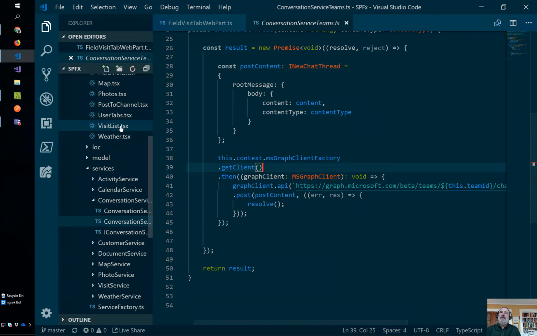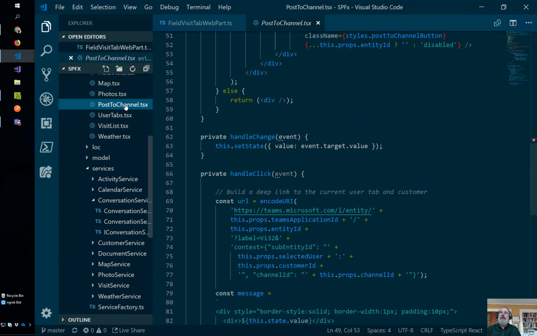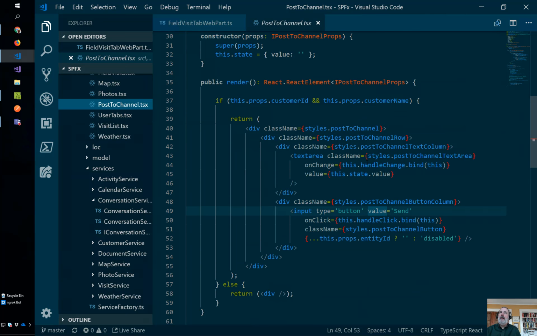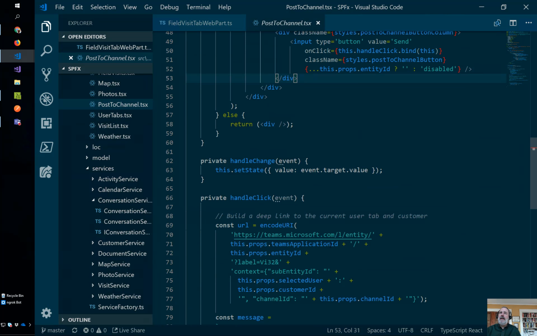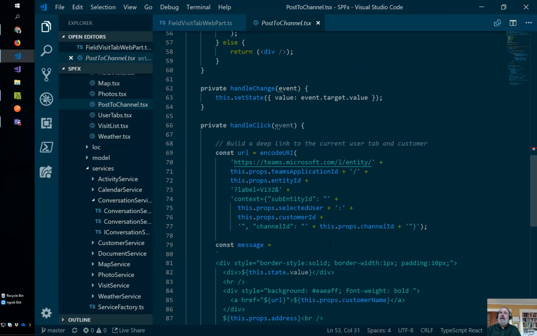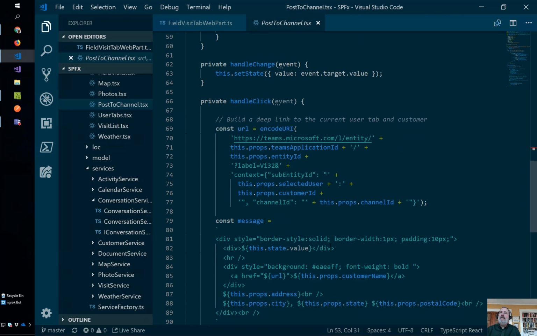Now let's look at where that actual message came from. That's up here in my UI, where I've got the post channel React component, and this shows the text area where I typed in the little input box. The input button, I mean. What's interesting about this is constructing the deep link. So the link that got us back, right? Here's the deep link. So it always starts the same,